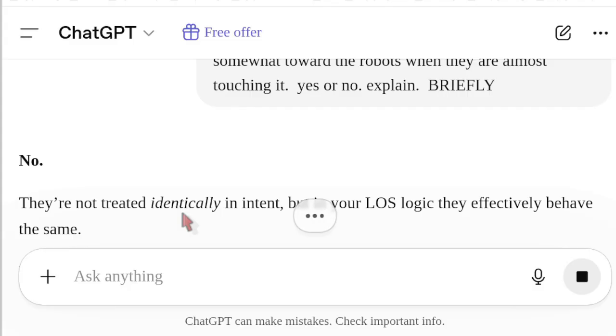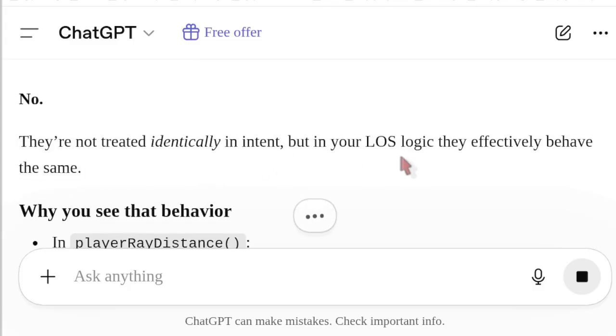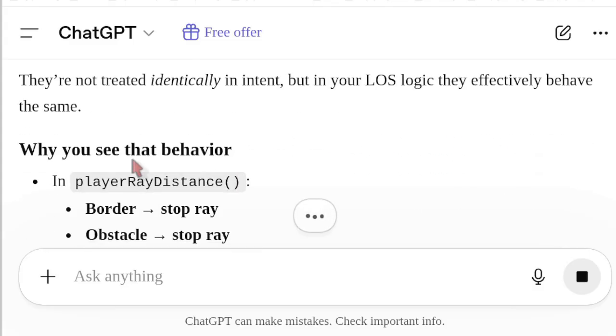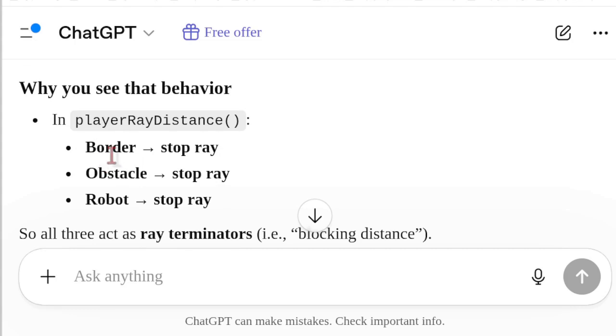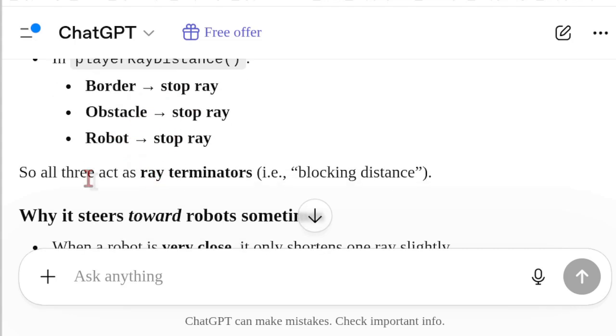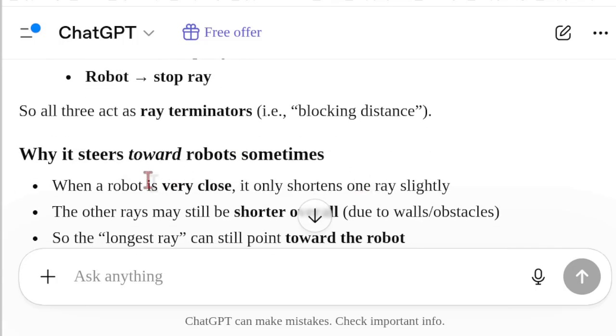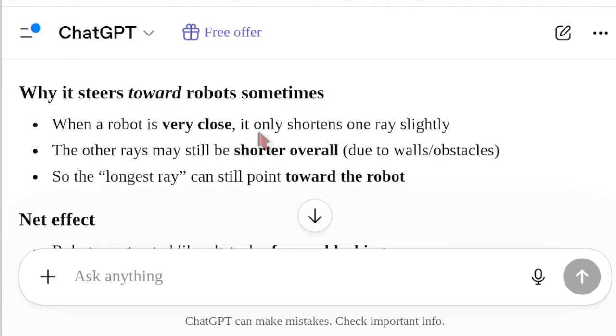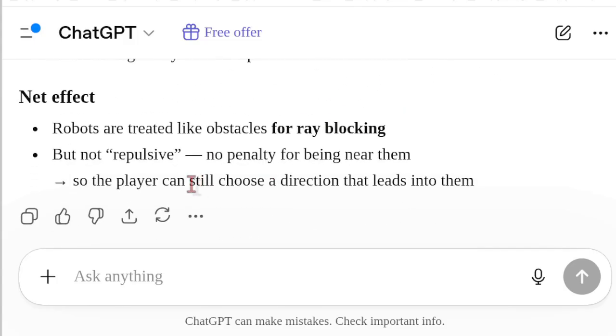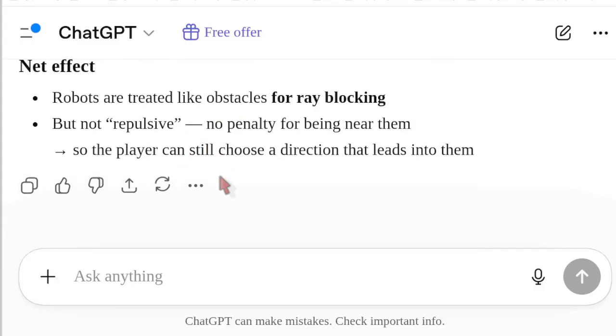No, they are not treated identically in intent, but in your line of sight object, they effectively behave the same way. You see that behavior. Border, stop ray, obstacle, stop ray. So all 3 are ray terminators. Okay, why it steers toward robots. When a robot is very close, it only shortens one ray slightly. The other rays may still be shorter overall. So the longest ray can still point there. Net effects are treated for ray blocking, but not repulsive. No penalty for being close, so the player can still